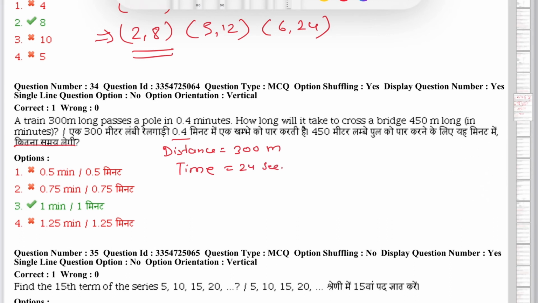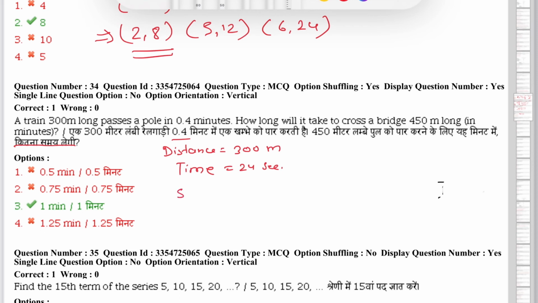What I have done here is, it was 0.4 minutes. To convert minutes into seconds, we know that 0.4 is out of 60. When we write 0.4 without the decimal, it is 4 upon 10, and we know that the denominator shows the total value. So there are 60 seconds in 1 minute. So 10 is equal to 60, so 1 is equal to 6, and when 6 is multiplied by 4, the answer will be 24. So time is 24.